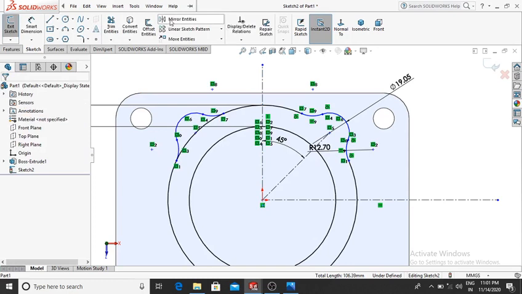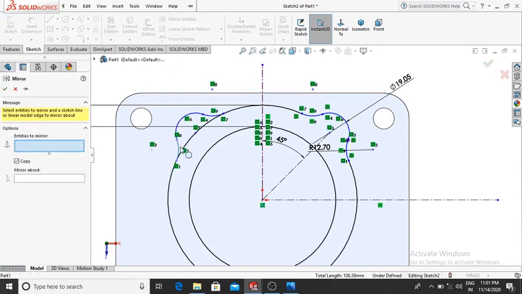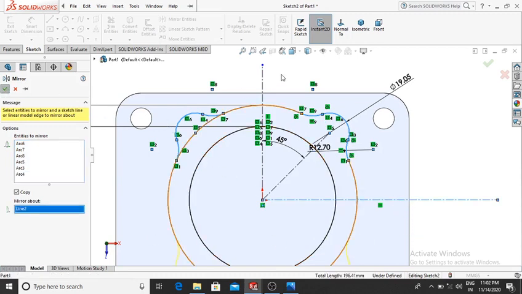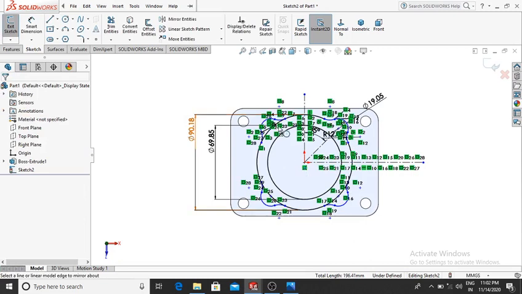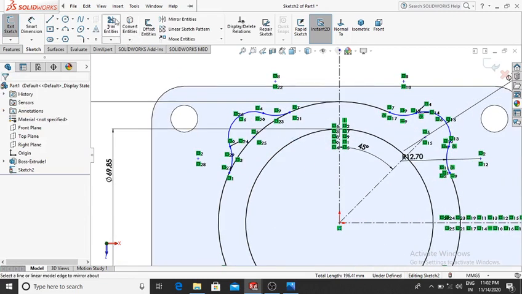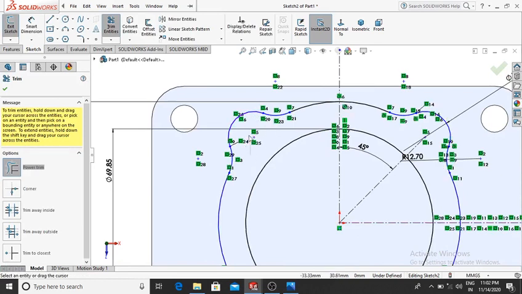Again go to the mirror command, select this one, select separately all of these and mirror about this center line. Now trim this extra portion.